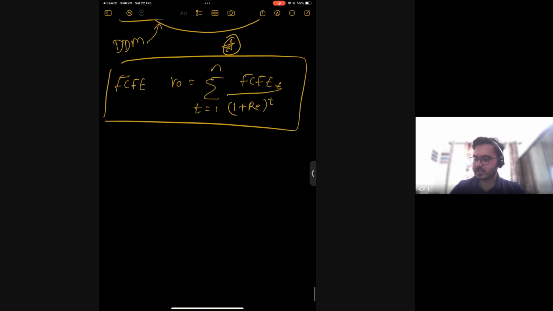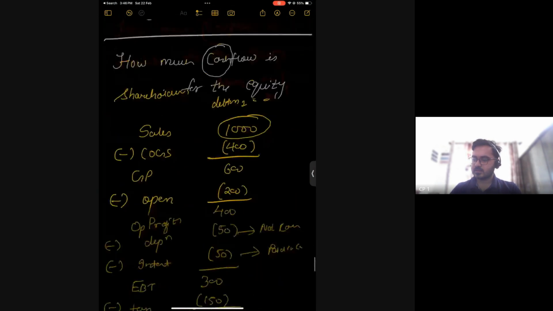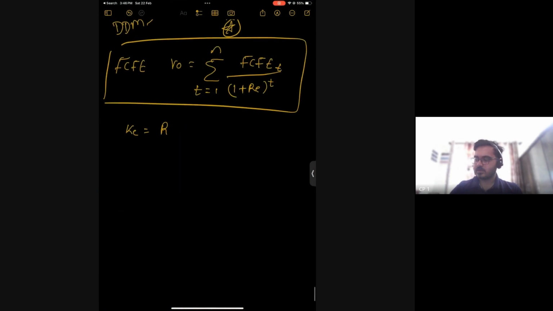So we have done free cash flow for equity. We have also done cost of equity is equal to RF plus